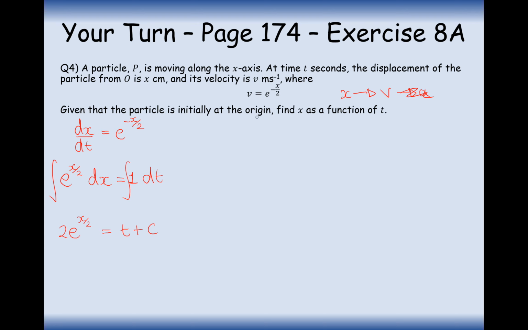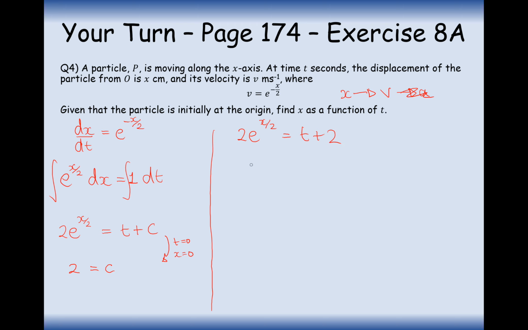Now at this point I'm going to work out c because it looks simpler, and then I'll rearrange it to get x equals. So it says given that the particle initially is at the origin, so that means when t equals 0, x equals 0. So set x equal to 0, that's going to make it e to the 0, which is 1, times it by 2, you get 2. So t is 0, so c equals 2. So this is going to equal then 2e to the x over 2 equals t